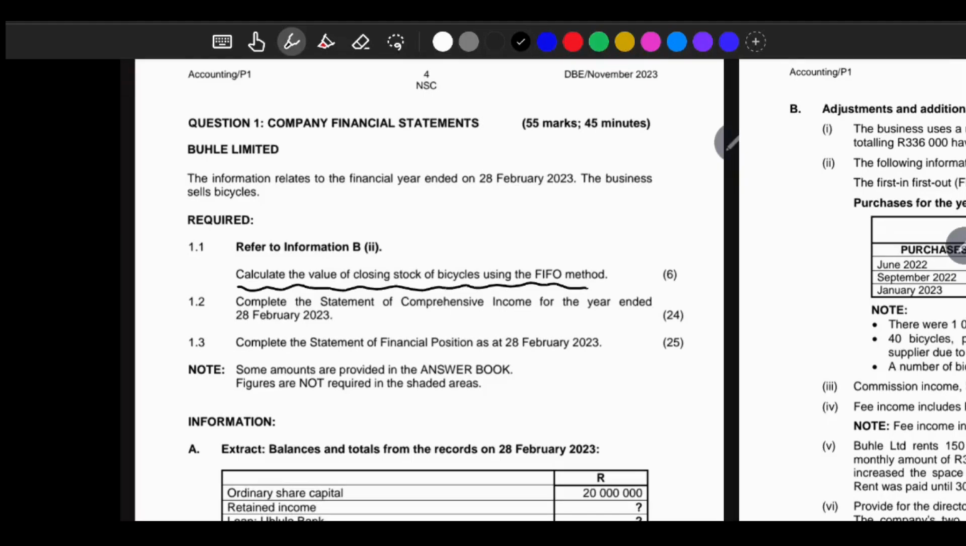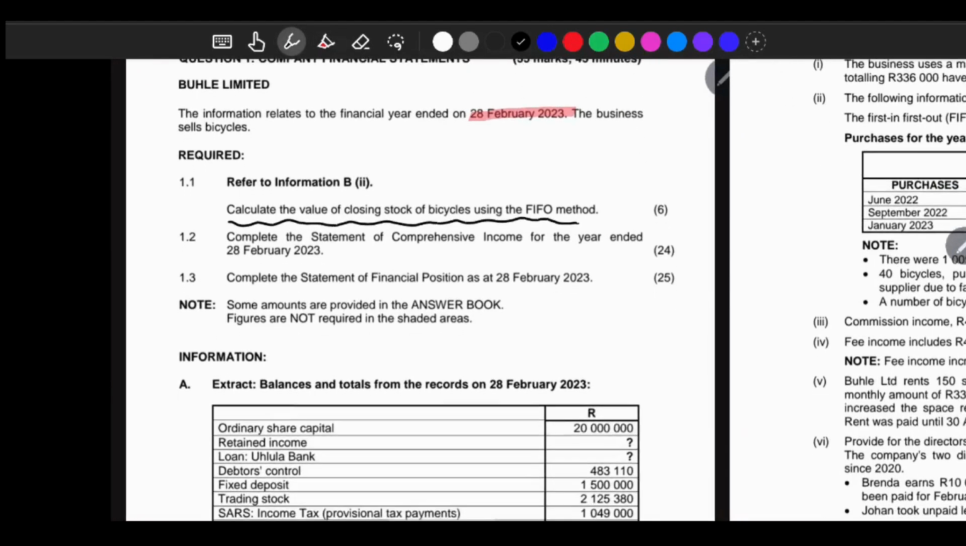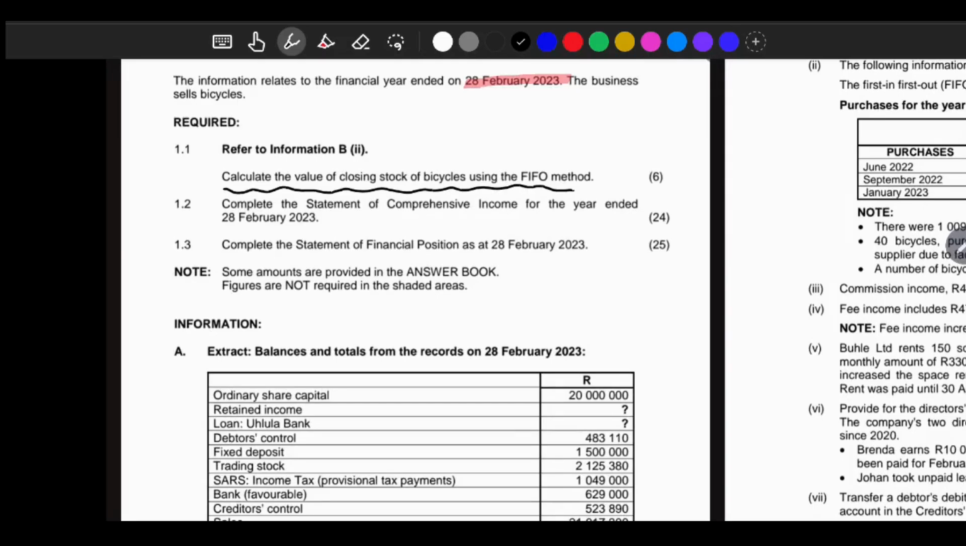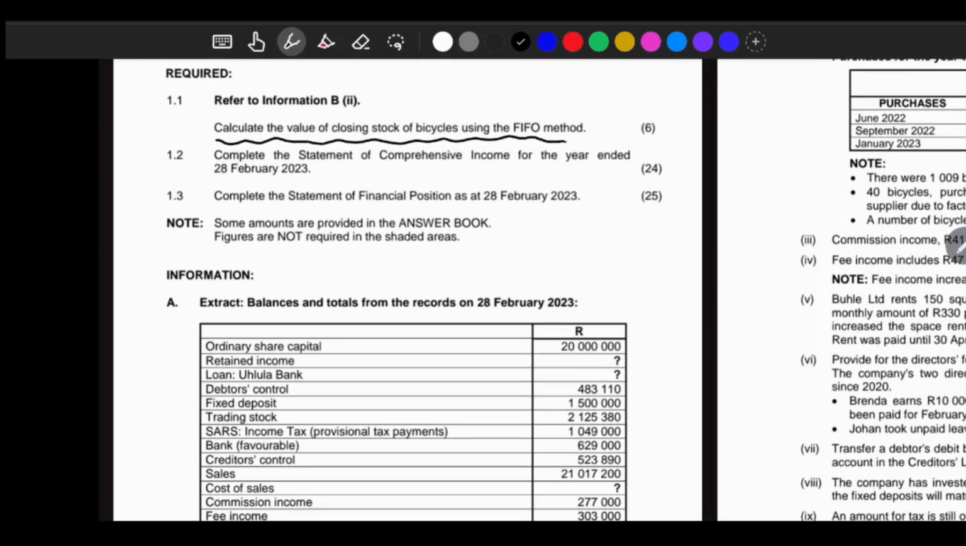Question 1, company financial statements. Bushle Limited, the name of the business is Bushle Limited. The information relates to the financial year ended 28 February 2023. So this is very important for you to always remember. The business sells bicycles, right? And then there we have our question to calculate the value of the closing stock of bicycles using the FIFO